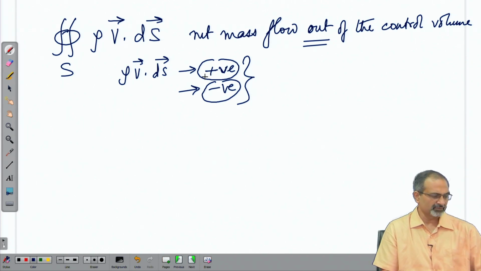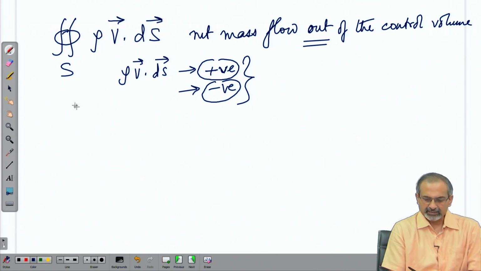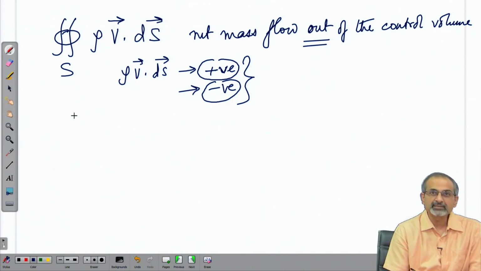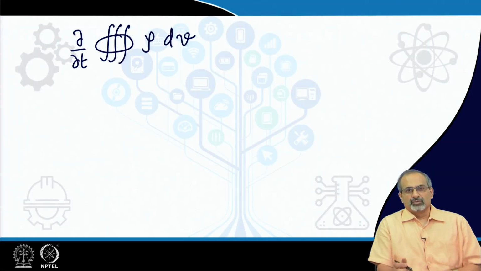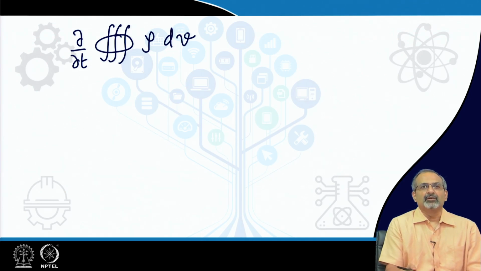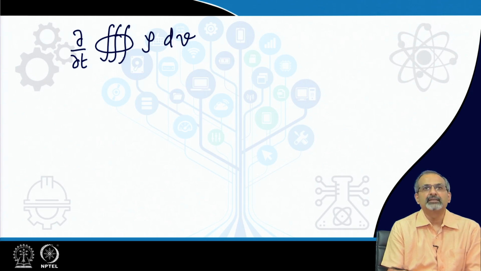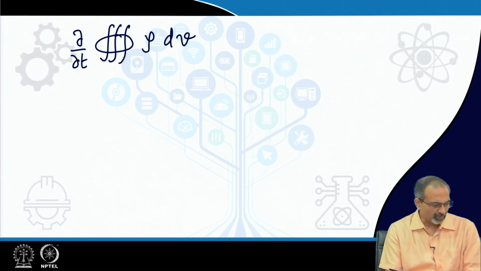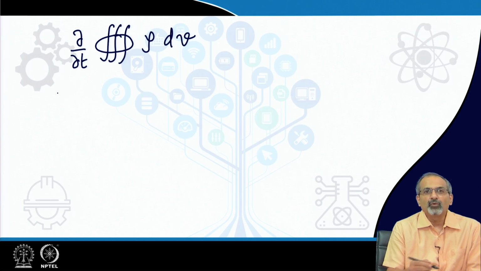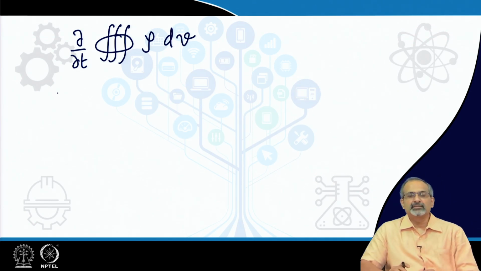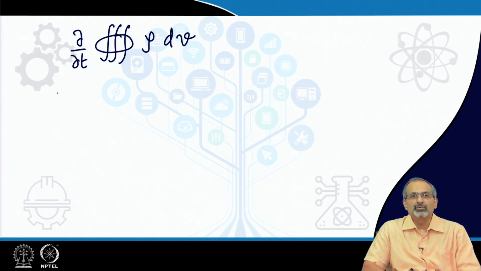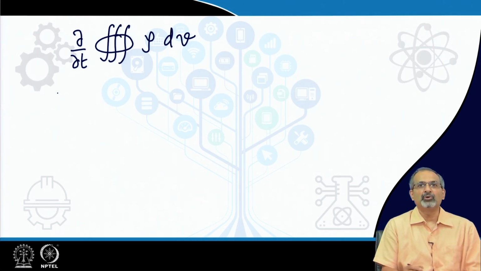The other aspect of the mass conservation equation depends on the mass content inside the control volume. So, this is the term which gives you the time rate of change of the mass content of the control volume. All right. So, we said on one hand that there is a mass flow rate across the control volume. On the other hand, we talked about time rate of change of the mass in the control volume. Now, how do we balance these two effects? Let us try to write down a condition which will balance these two effects.